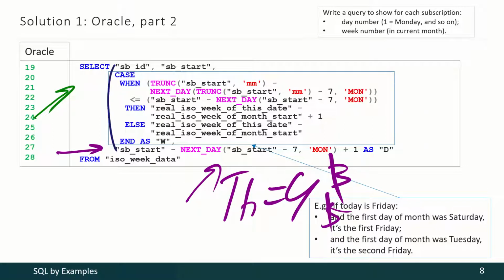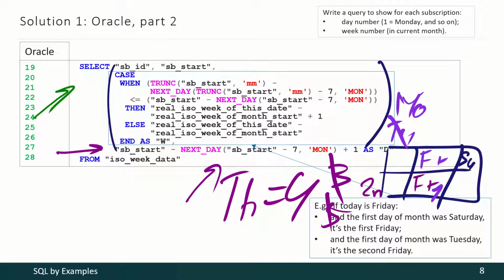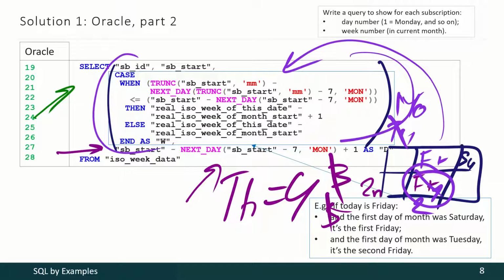And then we shall analyze the current day of the week and the day of the week of the first day of the month. Once again, if it's Friday today and it's the second week of the month and the month was starting from Saturday, it's the first Friday of the month. But if the first day of the month was Friday or Tuesday or Monday or something like that, it would be the second Friday of the month. And we perform all those calculations here in this block of code.